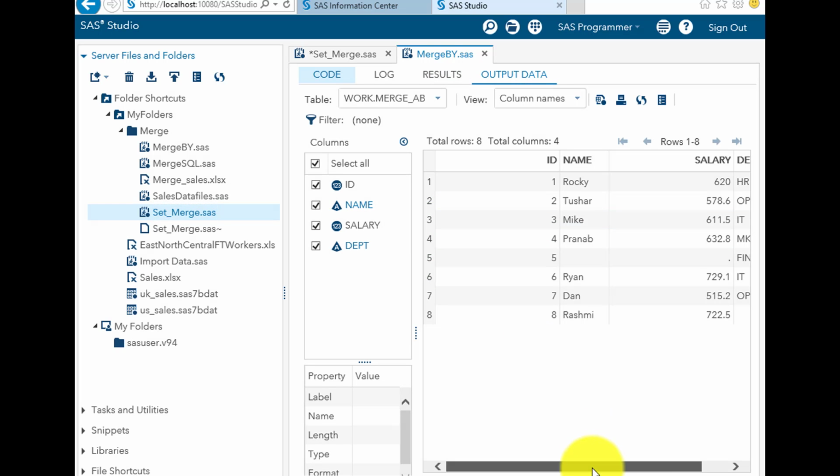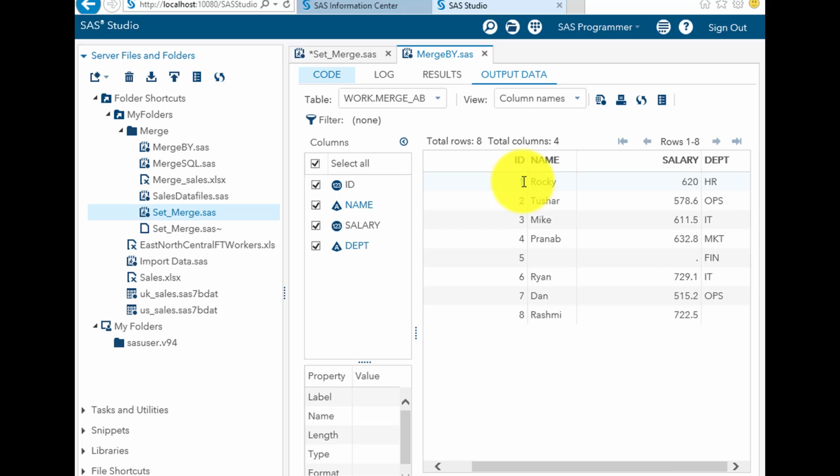Okay, so here you can see the datasets have been merged. All the 8 IDs have come in. All the names have come in. There was no ID 5 and name in the EMP column and the salary, but this particular column was present in the next dataset EMP_DEPT. Similarly, for ID equal to 8, this particular observation was not there in the EMP_DEPT, so this particular DEPT column is missing over here.